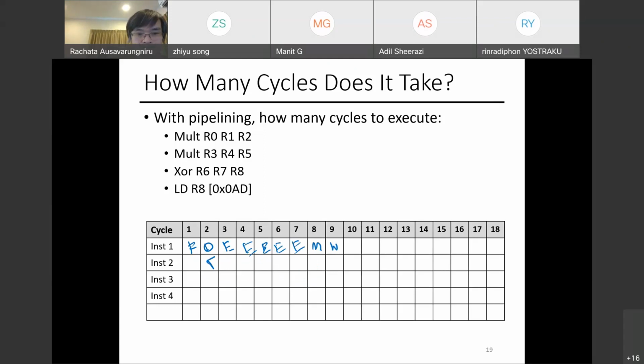Fetch, decode, and I have one multiplier, so I can't use it. It's like the washer and dryer problem. When can I use the multiplier? Which cycle? After cycle 7, right? That's when the multiplier is free again. So at cycle number 8, I can execute,